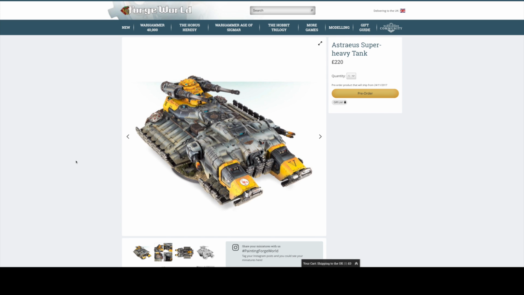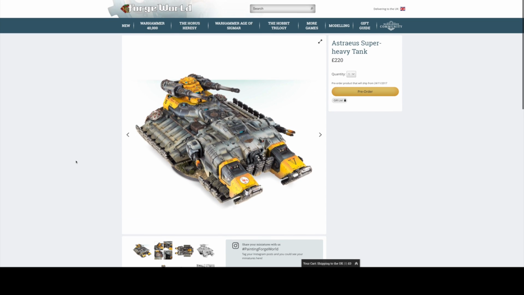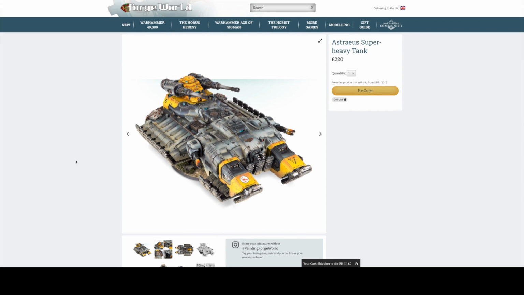I was actually expecting this model to be more than this. You know, it looks similar in sort of length to a Mastodon. Of course, I'll be doing a size comparison. So I was expecting close to that mark, you know, £280, £300, something like that. But the Mastodon is probably a little bit taller, and it does have the bigger kind of side panel armour plates, and it does have the tracks, which are all sort of moulded into the one piece of side armour,